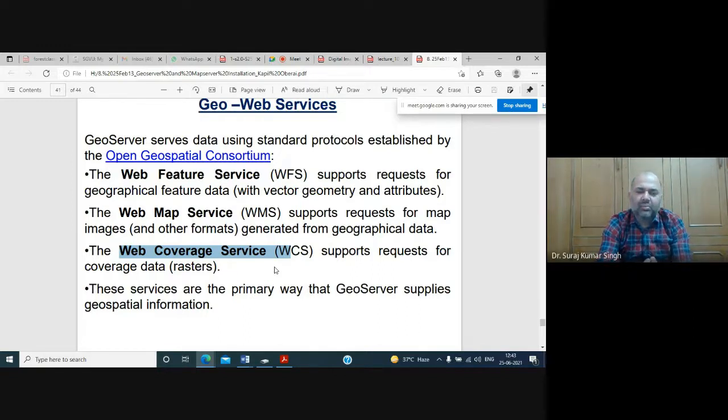And when we are interested in doing a world level study or an India level study where you want high resolution satellite data, which is very costly in nature, but when you use such kinds of services, you can obtain a very high resolution background image at no cost. And that is all possible because of the Open Geospatial Consortium, which provides you various kinds of services like Web Coverage Service, Web Map Service, Web Feature Service, which helps users like us who use all those vector